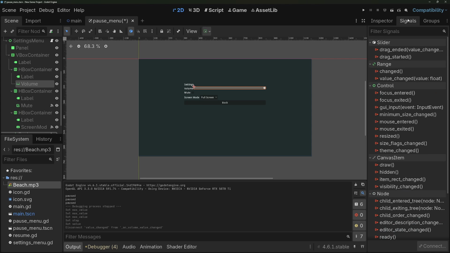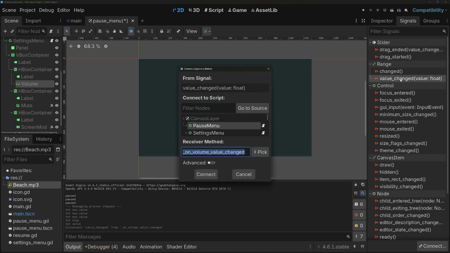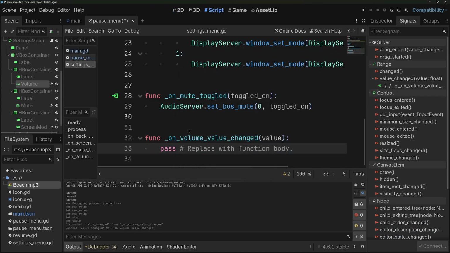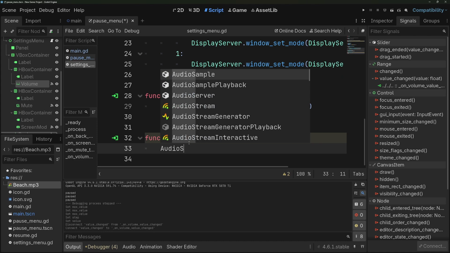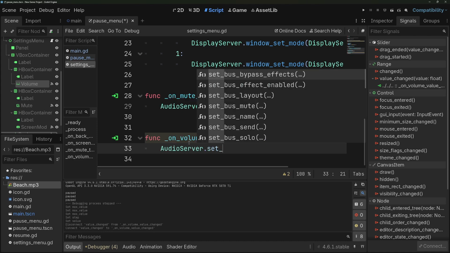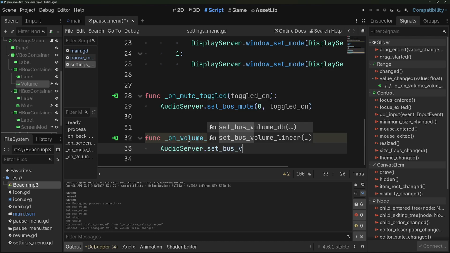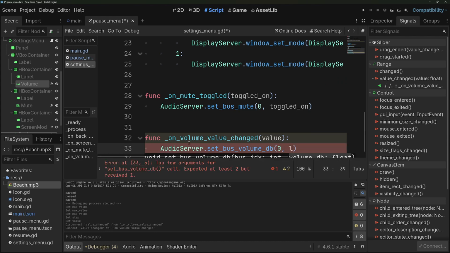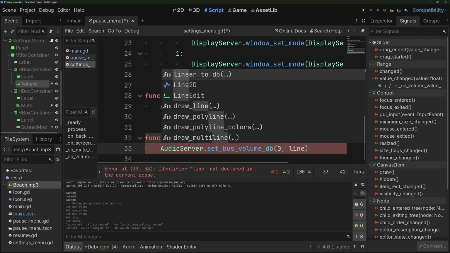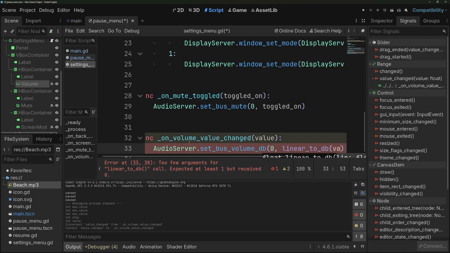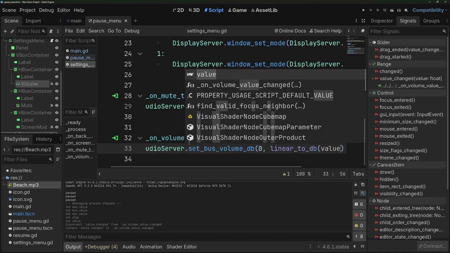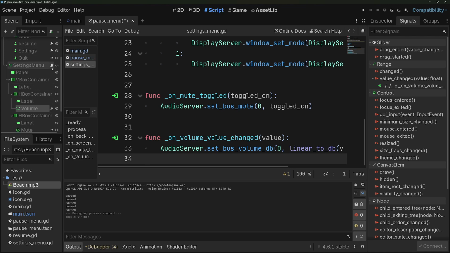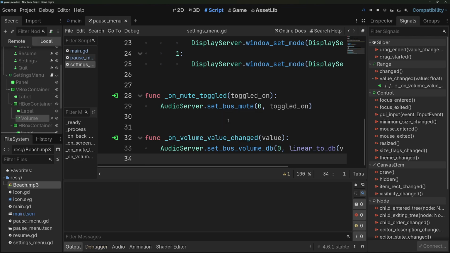Now we can go into our signals, go to value changed, double click the settings menu, that's where we're going to be putting it, and we can get rid of this line and replace it with AudioServer.set_bus_volume_db 0, comma linear_to_db, and we're going to pass in that value that we give it. And since this should be it for us, we can set it back to invisible, run the program,